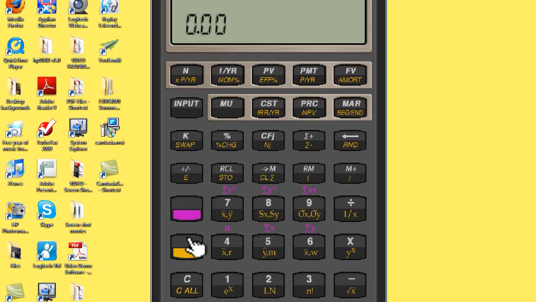So if you are gold button, clear all, one pay period per year, and you do not see the word begin up here, then we should be in sync, and our calculators should be ready to go and ready for the next section. So if you did all that and you're synchronized with me, you understand all that, congratulations, that's your first lesson,